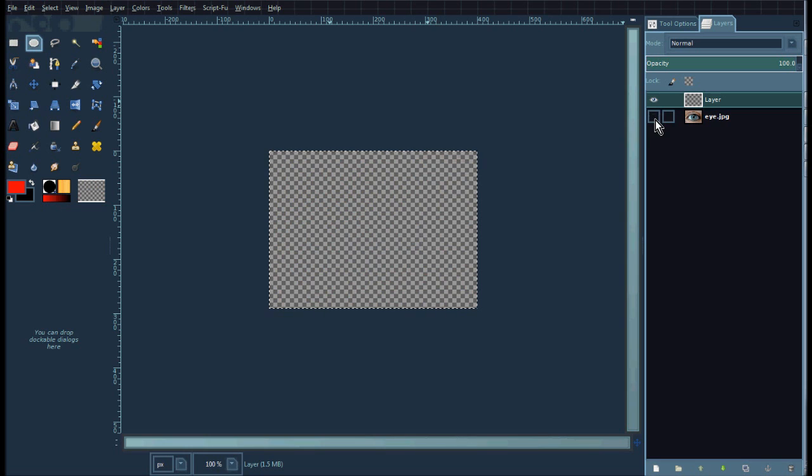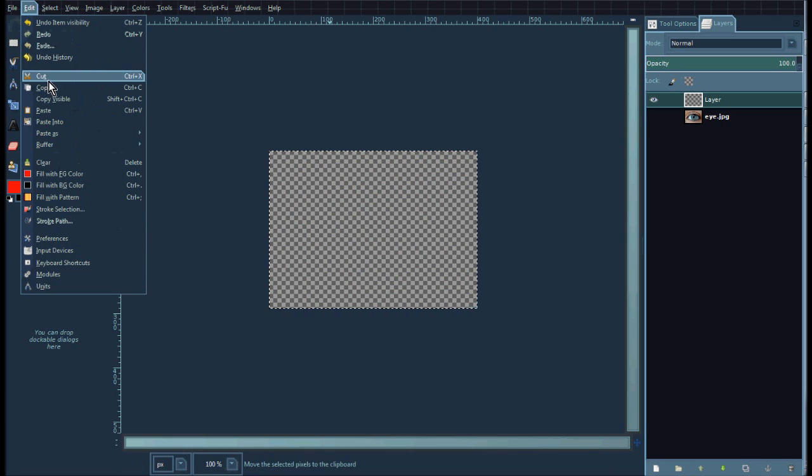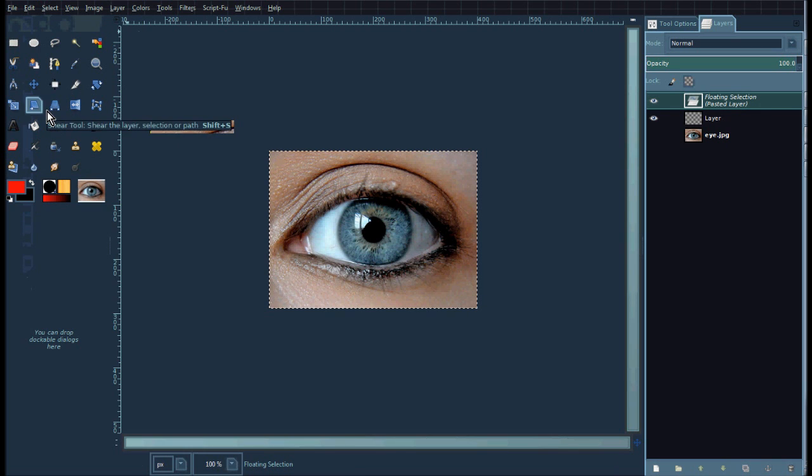make things simple, and then when I go edit paste, we see the second eye, and it's on a floating selection. If I anchor it, it'll drop it down onto that blank layer. So go down here, again, just watch the arrow, go down to the anchor button, anchor, and it's anchored it to that transparent layer. Now we've got two layers of the same image,